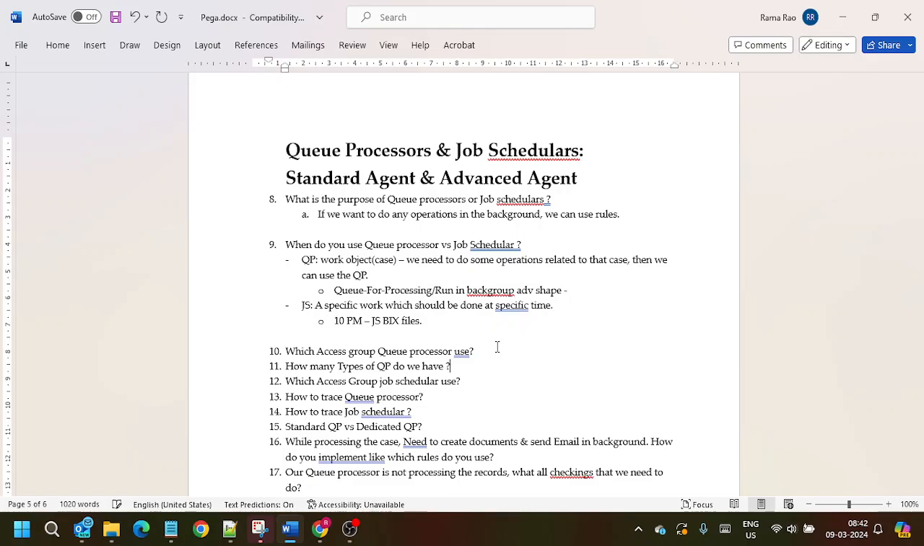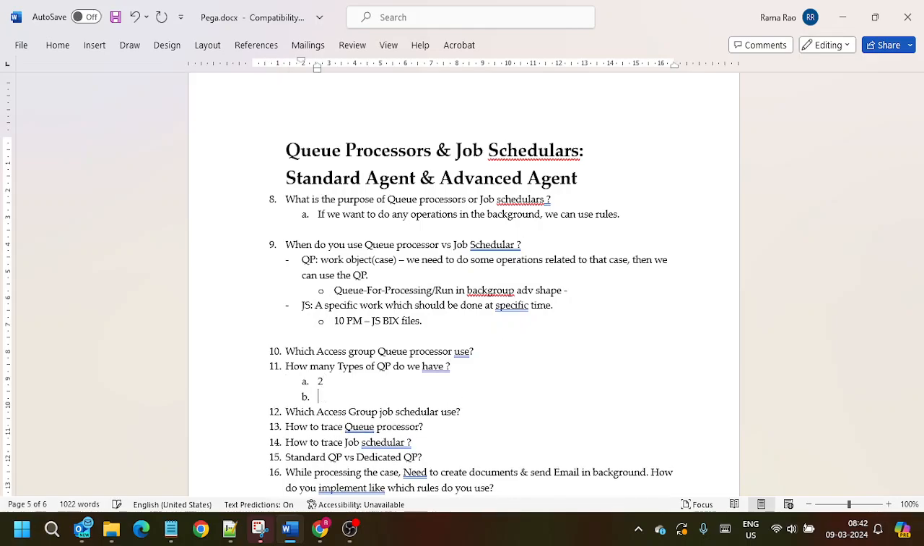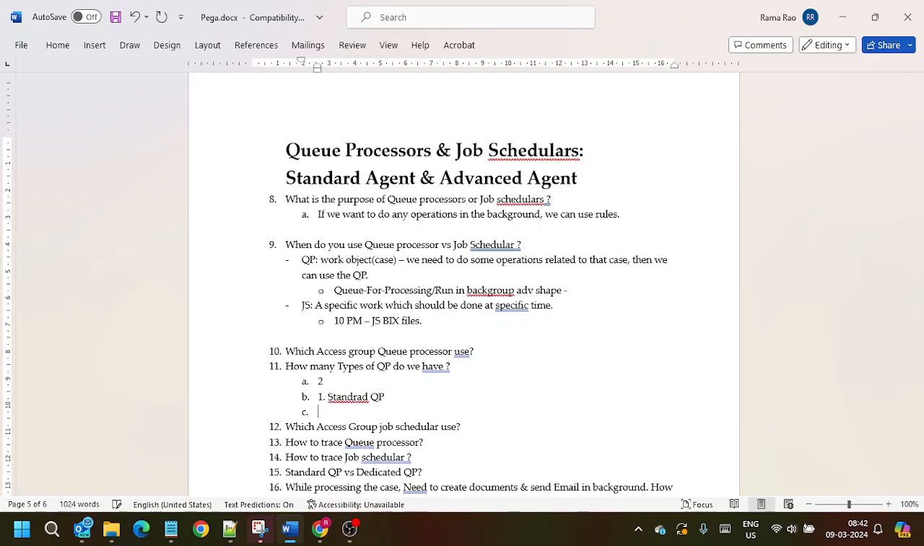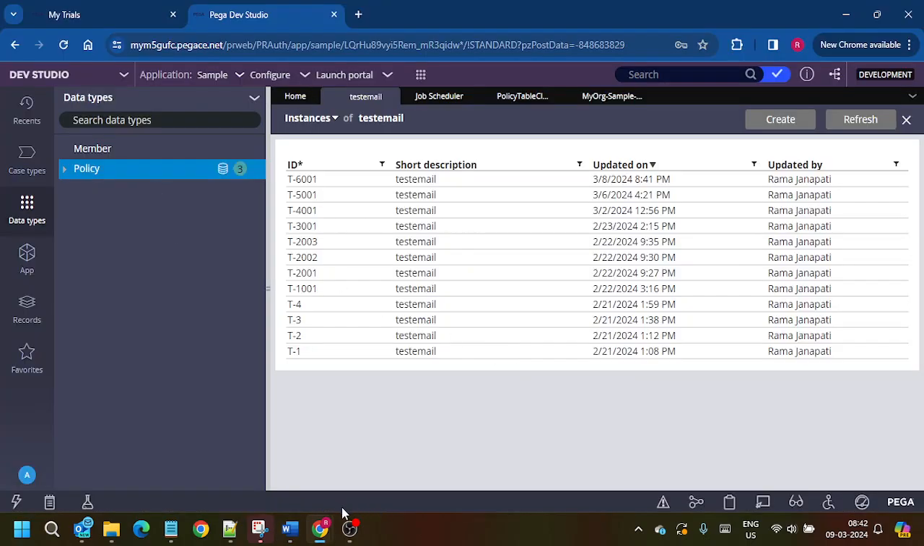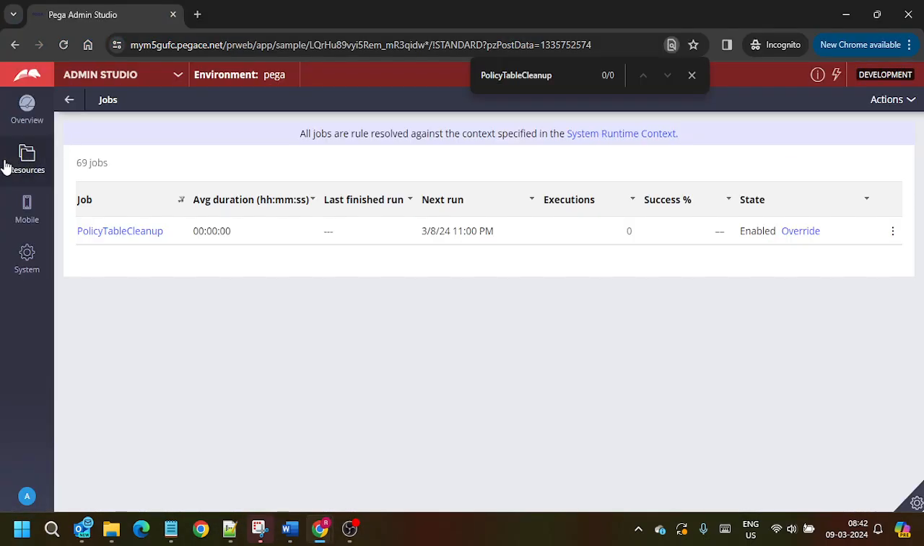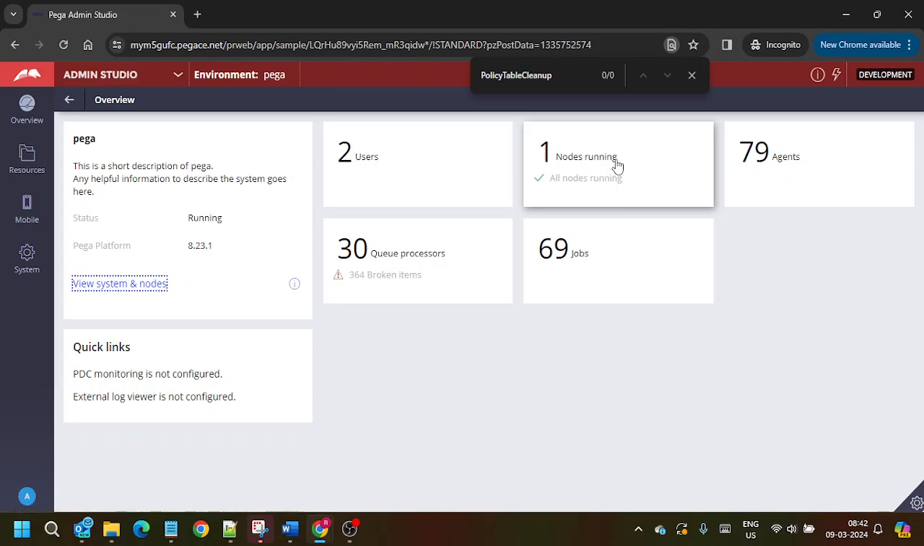Okay, the answer is two. One is the standard, and the second one is the dedicated. Okay, standard and dedicated. Standard means Pega out of the box has given one standard queue processor for doing the